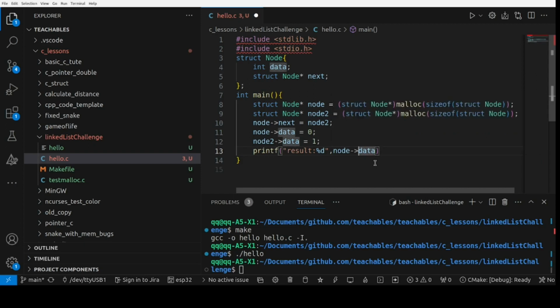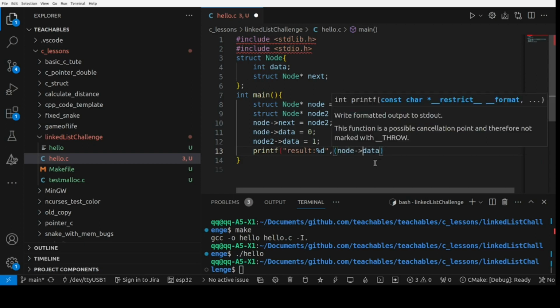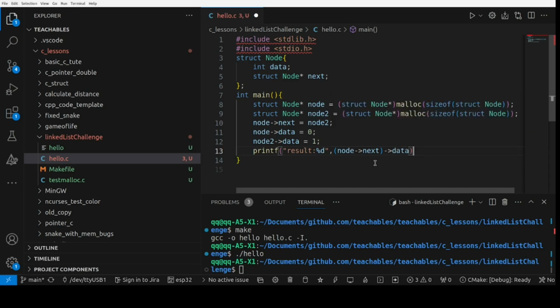Now we want to access, sorry, the node next's data, so not node data, node next, and then outside of this parentheses we do data. Okay, and close the printf function, do a build, make, and